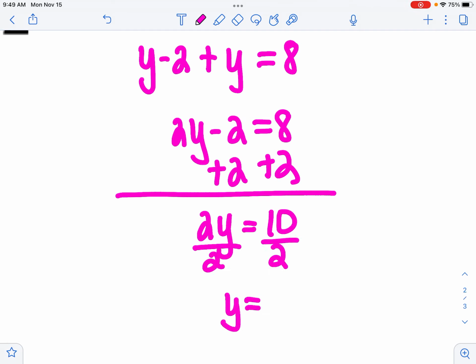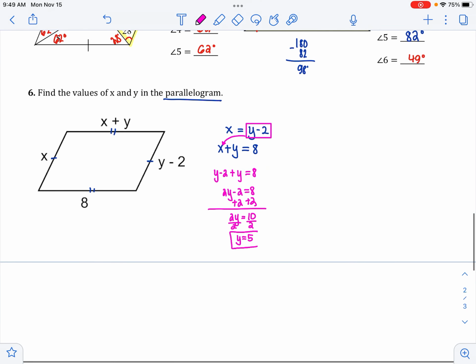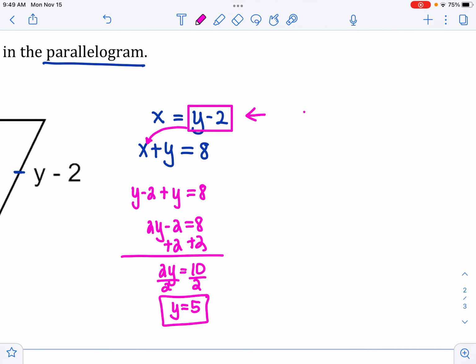Divide by 2. Y is 5. Now I just need x, and once again I can come back to my original equation. I know x is equal to y minus 2, where y is 5. 5 minus 2 is 3, so x is equal to 3. You could always check your answers by plugging them back in and making sure that your opposite sides